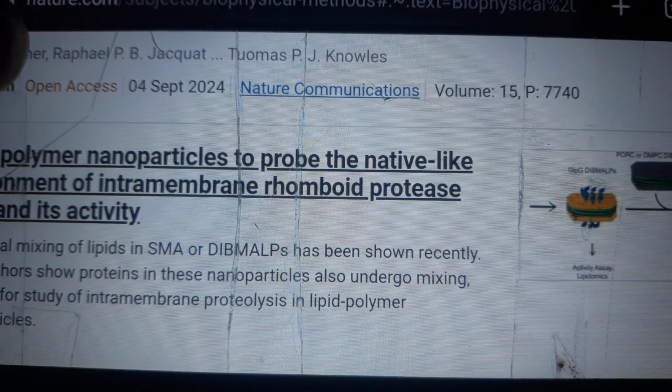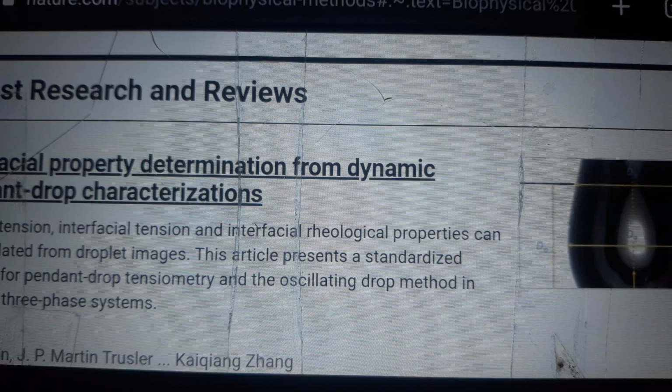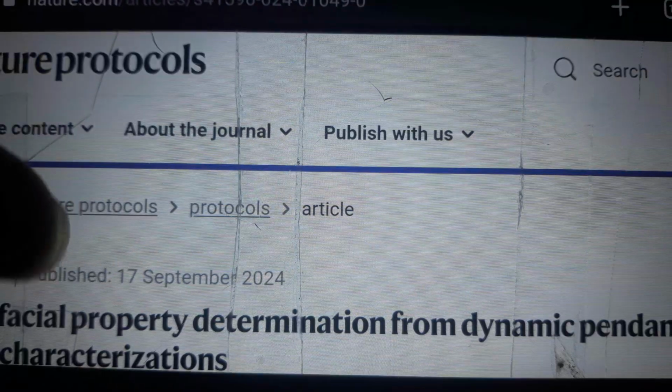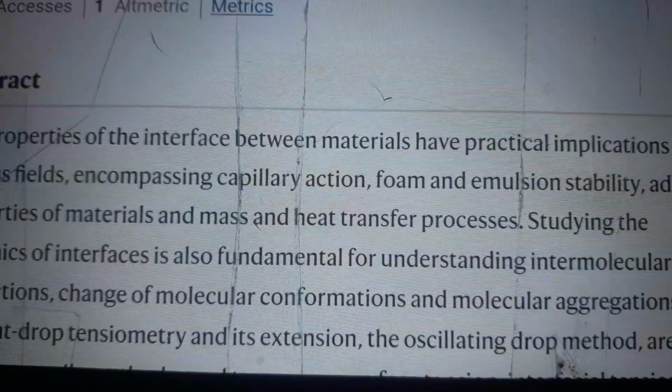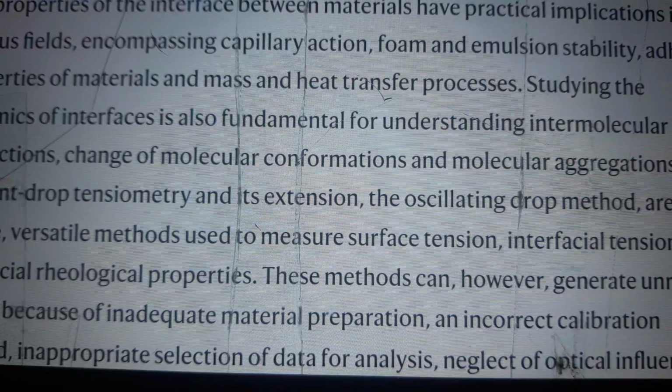So onto interfacial property determination from dynamic pendant drop characterizations. The abstract. The properties of the interface between materials have practical implications in various fields, encompassing capillary action, foam and emulsion stability, adhesion properties of materials, and mass and heat transfer processes. Studying the dynamics of interfaces is also fundamental for understanding intermolecular interactions, changes of molecular conformations,